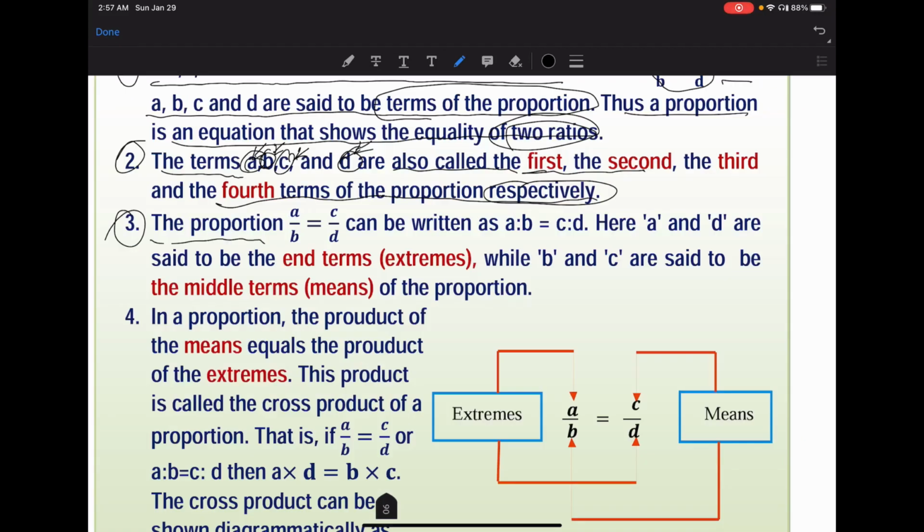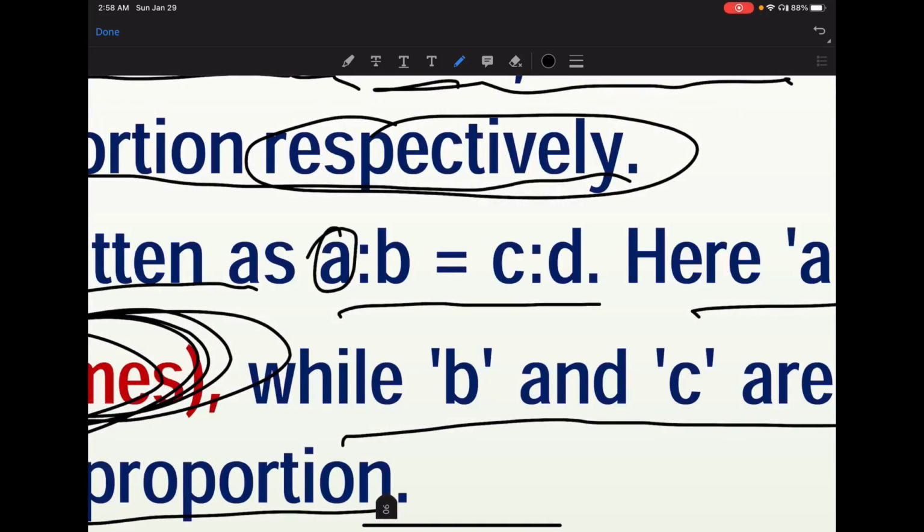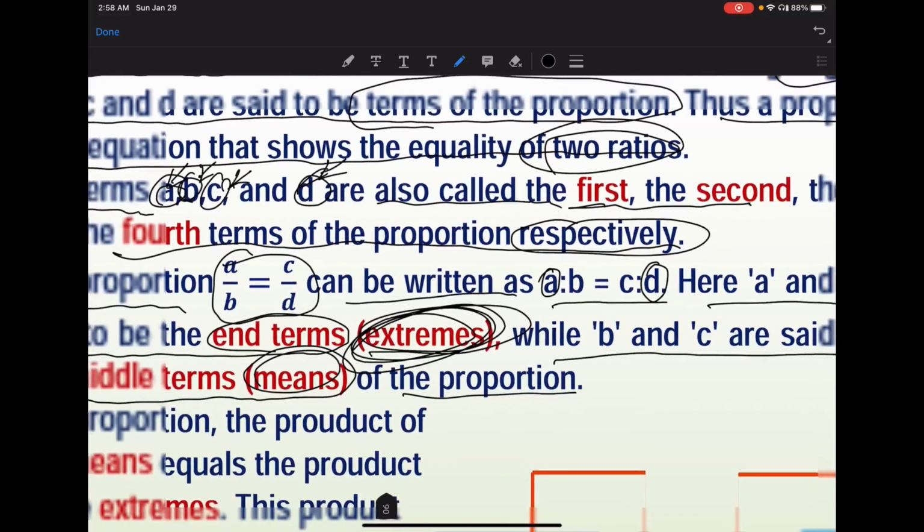The proportion a over b is equals to c over d can be written as a ratio b is equals to c ratio d here a and d are said to be the end terms or the extremes while b and c are said to be the middle terms or the means of the proportion okay a እና d ካያችኋቸው ጥግ ላይ ናቸው ያሉት ታያችሁ a እዚህ ጋር d ጥግ ላይ ነው ጥግና ጥግ ላይ ስለሆነ they're called the extremes okay or the end terms b እና c ግን we call them the middle terms or the means